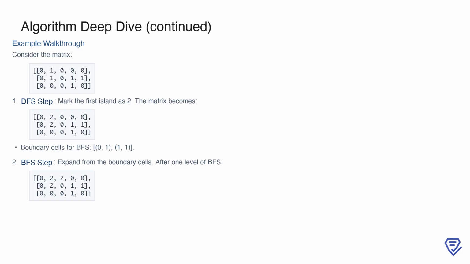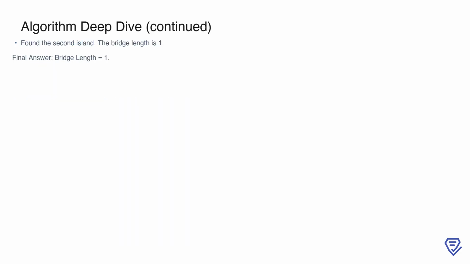In the first level of BFS, the boundary cells expand outward, and their neighboring water cells are added to the queue. The updated matrix shows the progression, with the cells closest to the first island being marked as part of the BFS traversal. At this point, the BFS encounters a cell belonging to the second island, indicating that the shortest bridge has been found. The BFS level at this stage is 1, meaning the bridge length is 1. This is the minimum number of water cells that need to be flipped to connect the two islands. The final answer for this example is a bridge length of 1, demonstrating the efficiency of the algorithm in finding